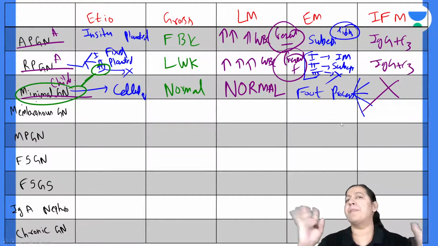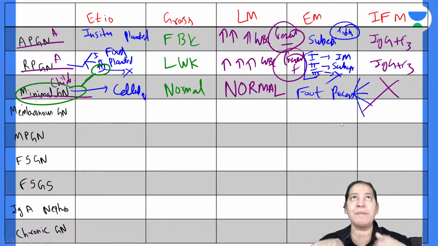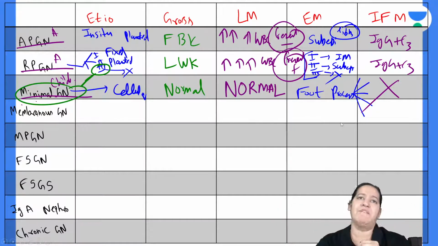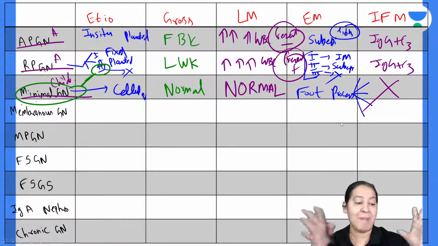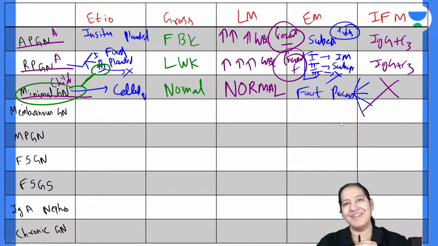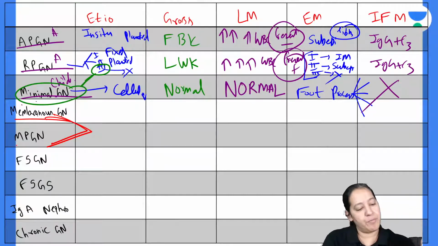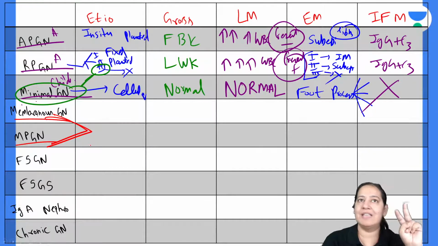I'm doing a big comparison for you all. So these 9 types of glomerulonephritis will be super simplified for you if you understand this table well. Not only in pathology, but in medicine also. It is a big topic in pathology as well as in medicine. Yes or no? Coming on the 4th and 5th type of glomerulonephritis together. I am taking these two together: membranous glomerulonephritis and membranoproliferative glomerulonephritis.